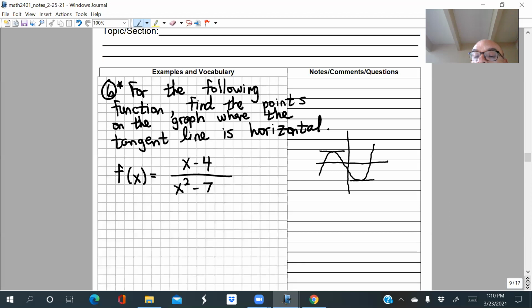And what's happening on the graph where the tangent line is horizontal? It's a turning point. Yeah, it's a turning point, right? So really what I'm asking here is another form of where are the turning points on this function? I'm looking for the turning points, where the function is switching from increasing to decreasing or vice versa. Now, I drew a really easy picture here, but in general that's not an easy question